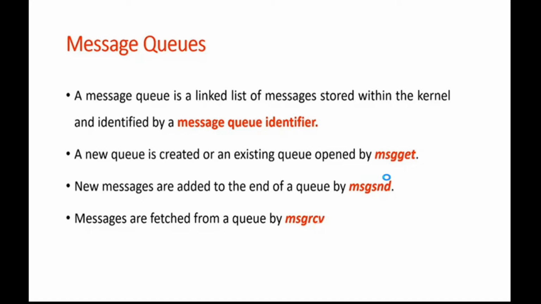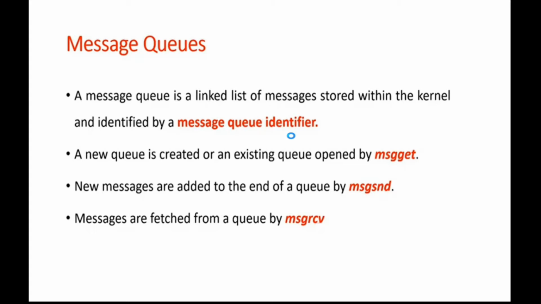A new queue is created or an existing queue is opened by the msgget function. New messages are added to the end of the queue by the msgsnd function. Every message has a positive long integer type field, a non-negative length, and the actual data. It will be in the form of bytes, all of which are specified to msgsnd when the message is